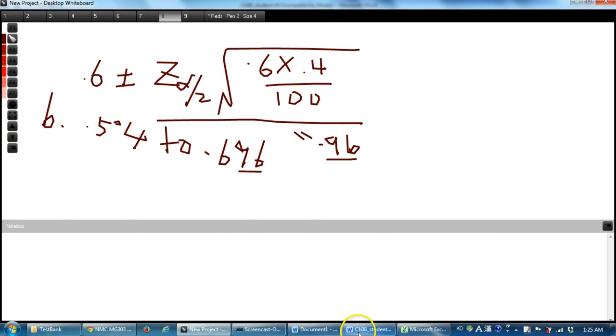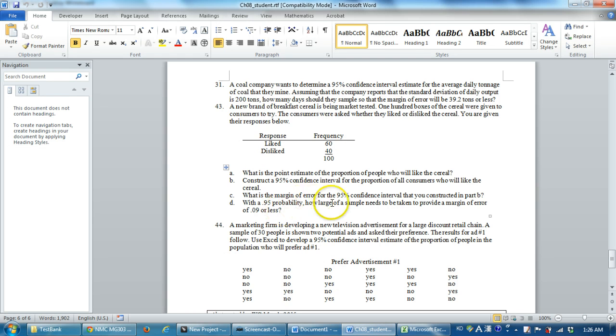And C, in this case, what's the margin of error for the 95%? Obviously it's a